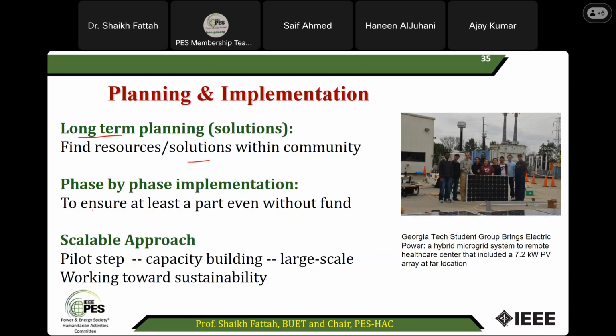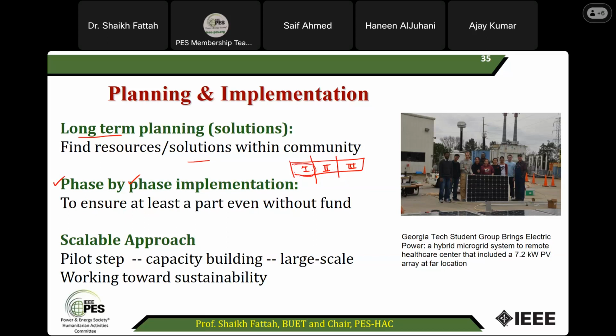And definitely, always we have to think about phase by phase implementation. So we may have a big plan, but we have to clearly identify, okay, I will do phase one first. If it is completed, then I extend to phase two and then phase three. So for some reasons, if there is a financial crisis, you cannot complete phase two, three. At least people will be happy to get the benefit from phase one. That is a good project.